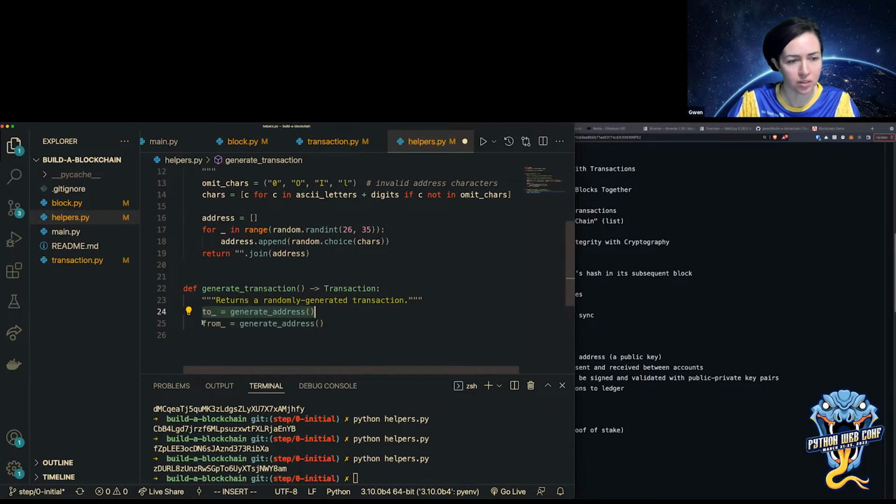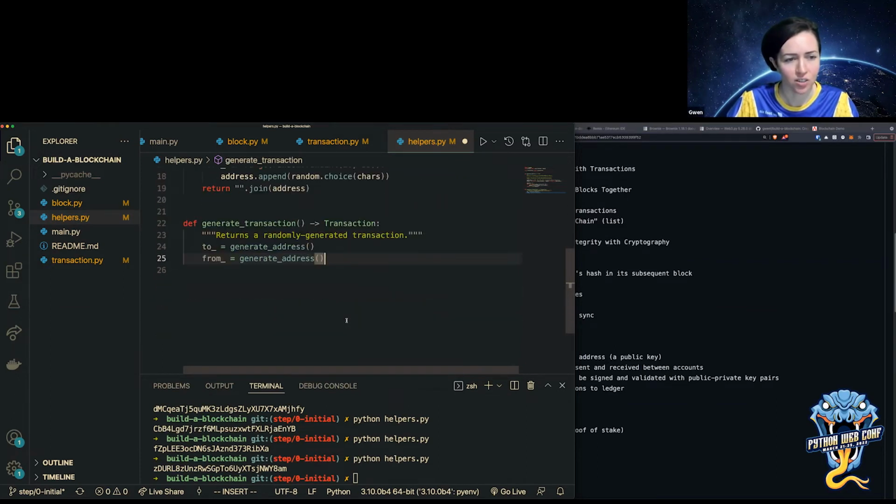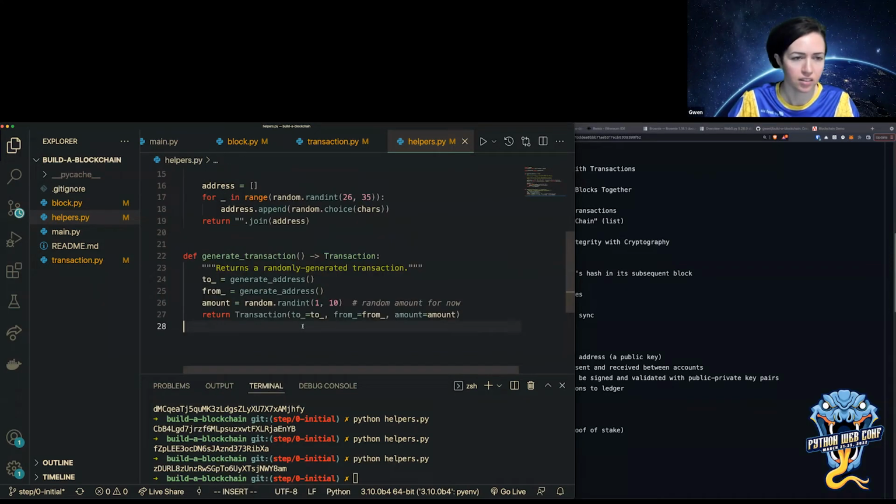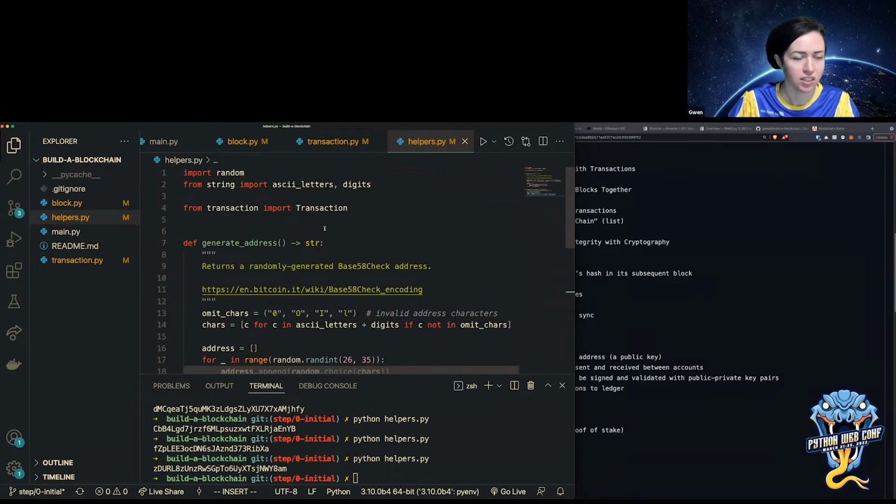I'm generating a random to address, a random from address, because I have no concept of actual accounts yet on this blockchain. So I'm just creating addresses just for the purpose of transactions. And then I'm going to also do that with amount. So choose a random amount, and then create a transaction with those addresses and a random amount. All right. So that's all I need for helpers.